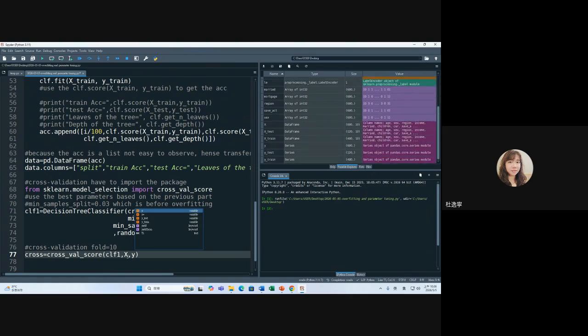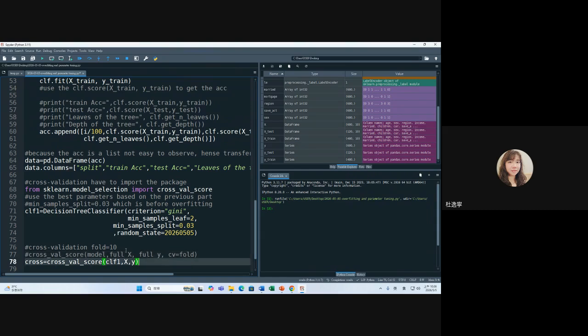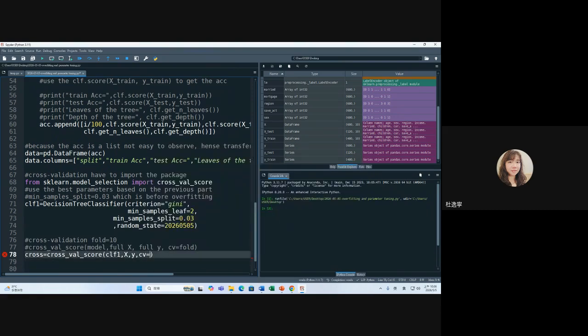I want the full data. 这个就是全部资料集了哈。So model first, X and Y, and CV. 还有我们的 CV 小写哦，小写，不是大写，好，对。然后 scoring 是正确率 accuracy。